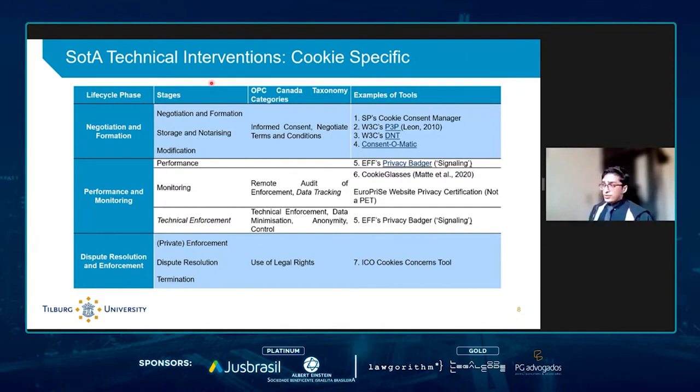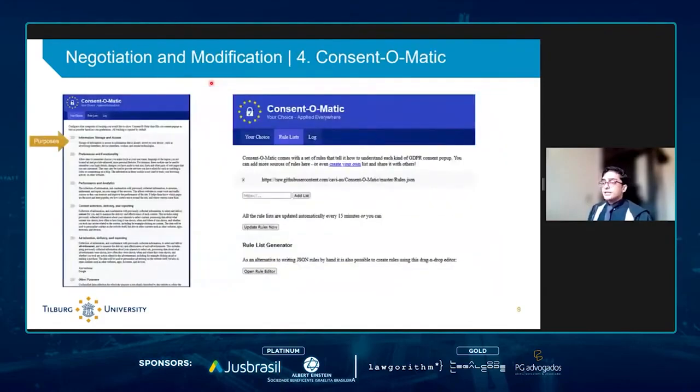But one interesting tool in this stage, and one more recent tool, is a tool called Consent-O-Matic. And this is based on research conducted by MIT. And what they did was they analyzed the cookie consent managers used by multiple websites. I think they analyzed over 600 websites for this. And they created a rule set based on that. And the purposes that you see on the left-hand side, you can pre-select which of these you would like to allow across websites. And then every time you visit a new website, it automatically communicates your preferences through the cookie consent manager given on the website itself.